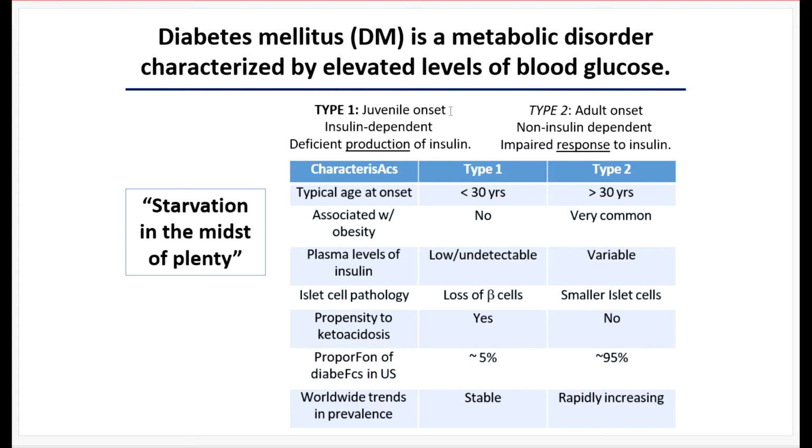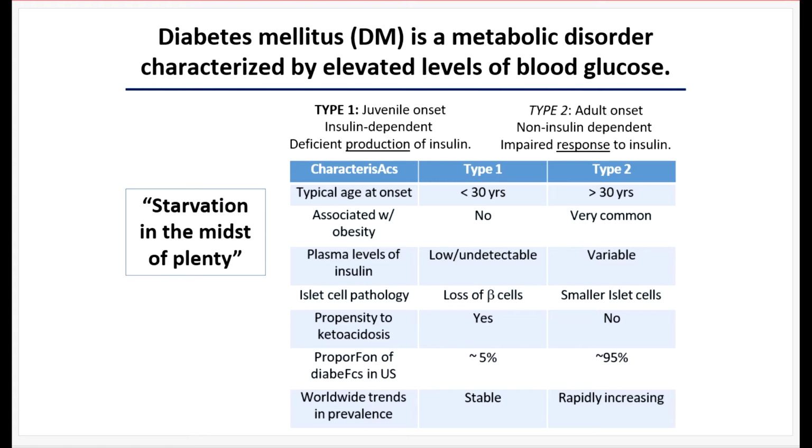Type 1 diabetes is juvenile diabetes. You tend to be born with it. The typical age of onset is somewhere below 30 years, and it is variable. So you can be born with precursors to type 1 diabetes, which will set it off in your early adulthood,